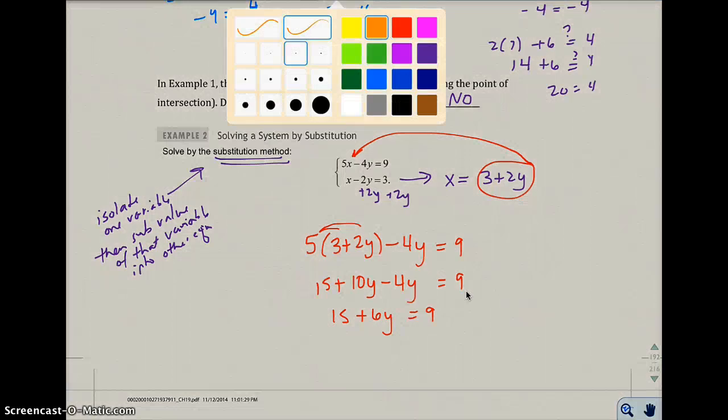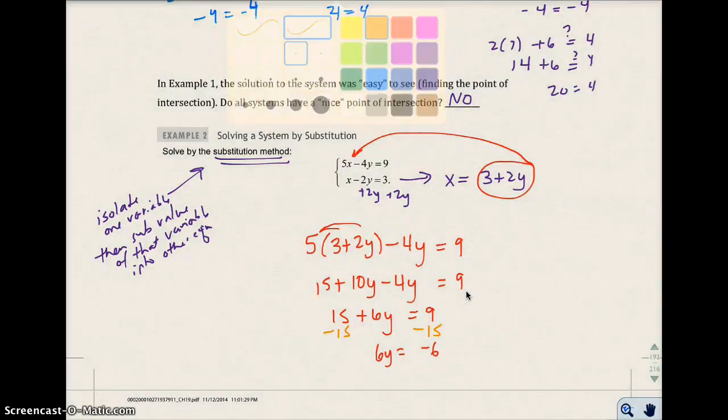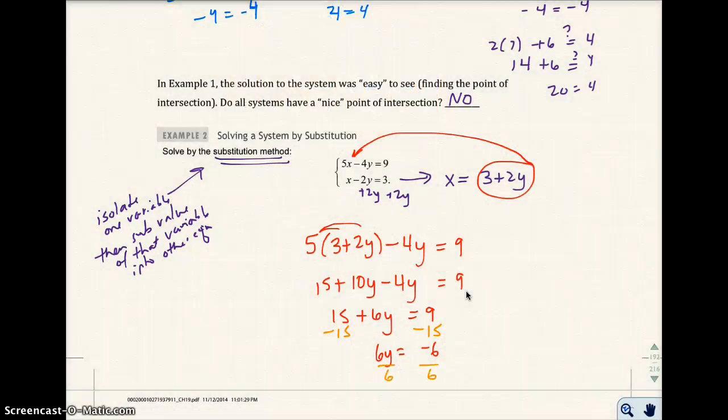If I subtract 15 from both sides, I get 6y equals -6. If I divide by 6, I get y equals -1. What I just figured there is the ordered pair's y value, so this would be the -1. Now I gotta find out what x is. Okay, so to find x,